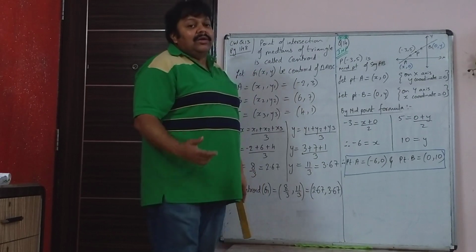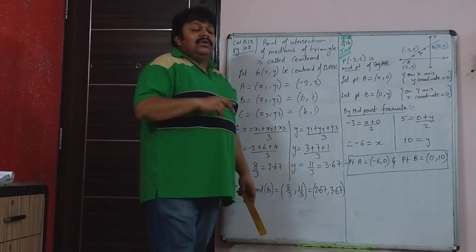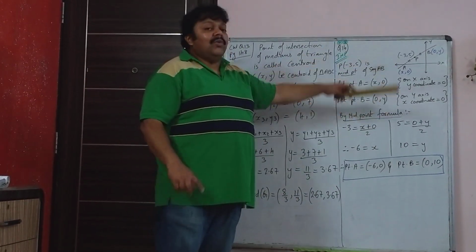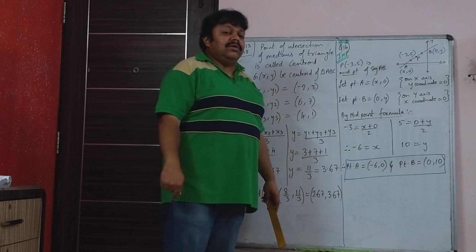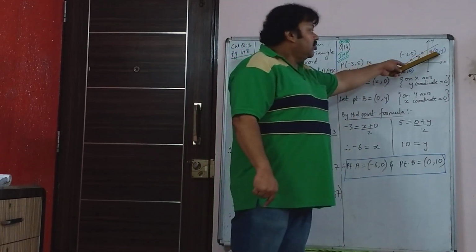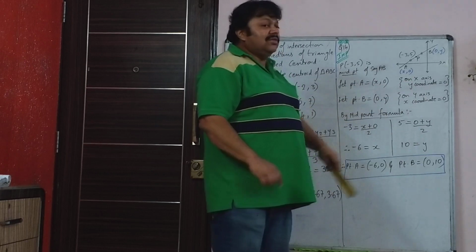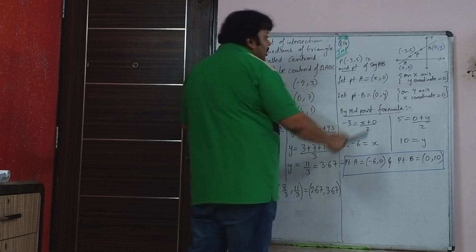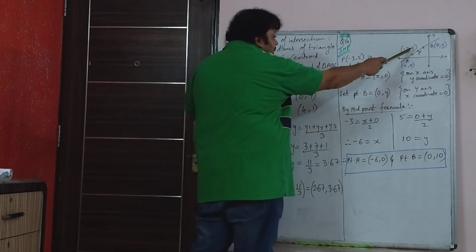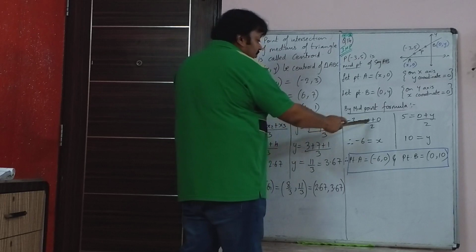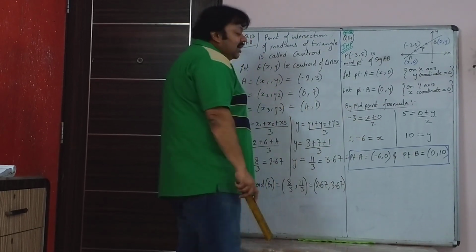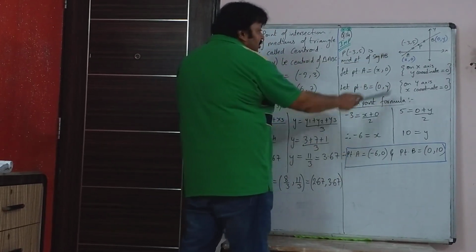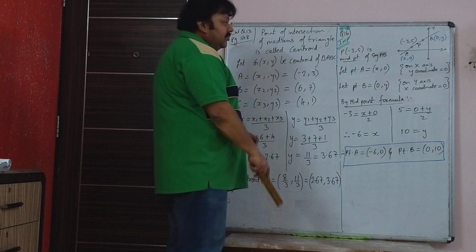So this we have already come across earlier also in many sums, that if any point lies on x-axis, y-coordinate will be 0. And if any point lies on the y-axis, its x-coordinate or abscissa will be 0. So B will be (0, y) and A will be (x, 0). Now once you have written that, you have to use midpoint formula. So we will say that minus 3 is (x plus 0) upon 2. So when you cross multiply, x is minus 6. So x will help you find point A. Point A is (minus 6, 0).